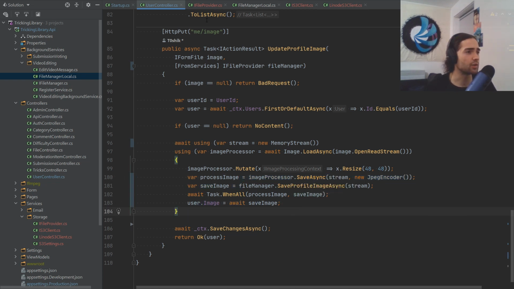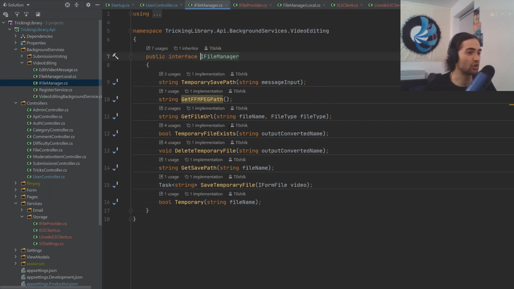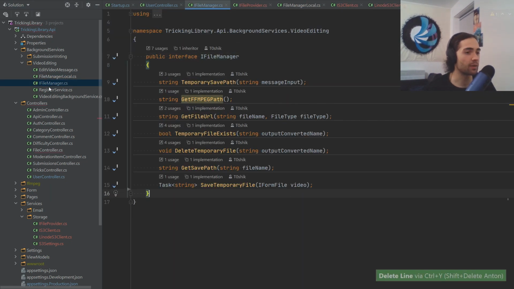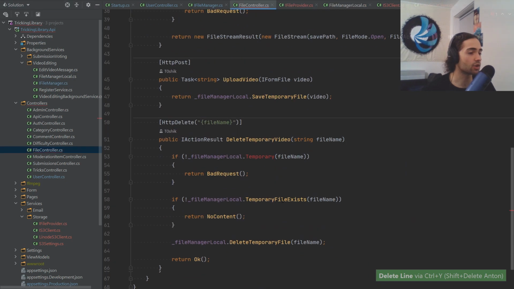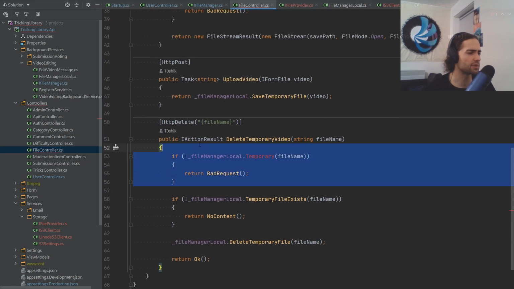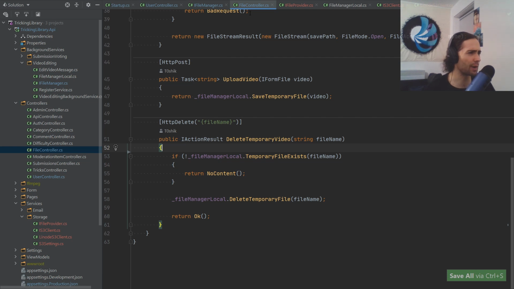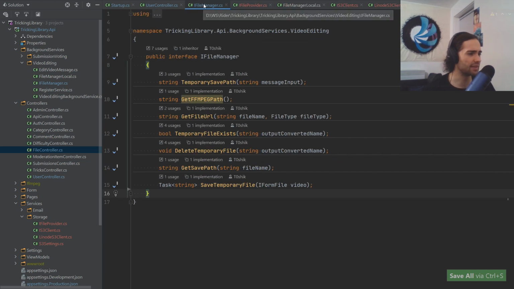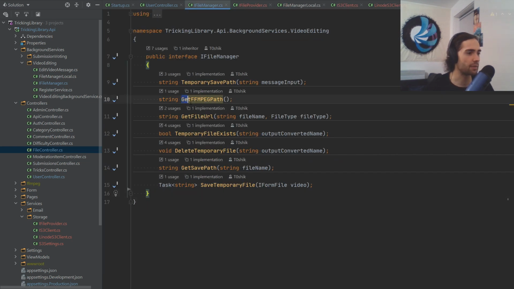Another thing that we can do, we're not going to be hard deleting anything just for now, but let's go ahead and delete this temporary thing. We're going to go into the file controller and we're going to delete it from here. This was just, I don't even know what that was or why we needed that. Didn't make sense whatsoever. FFmpeg path,